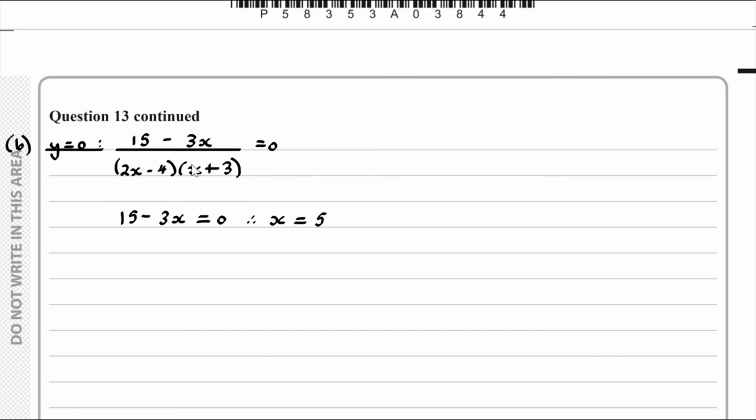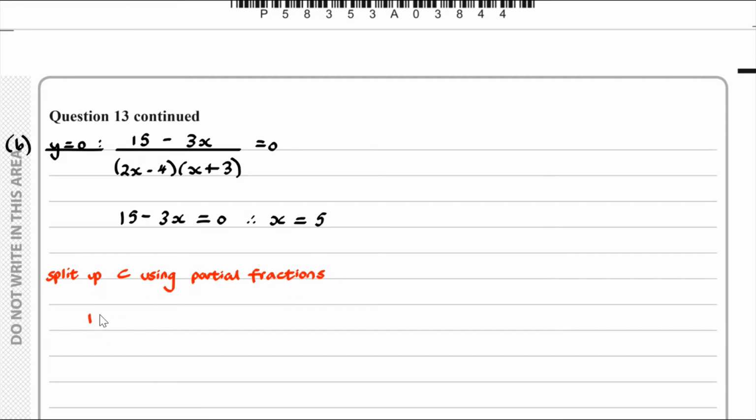So let's write that down and do that. So we will split up C using partial fractions. Okay, so if we split up C using partial fractions,